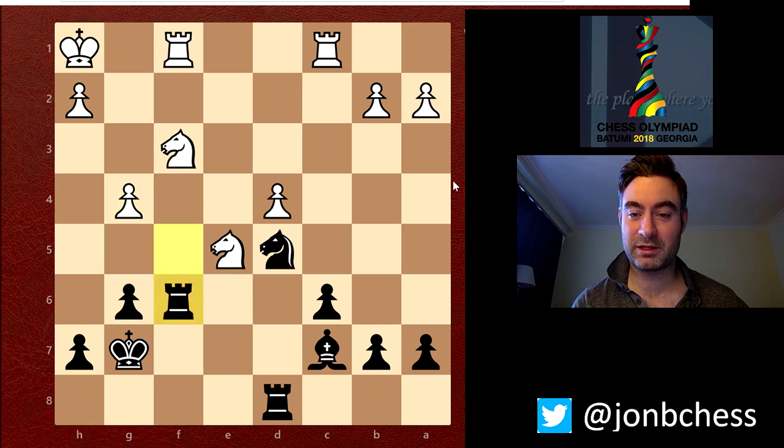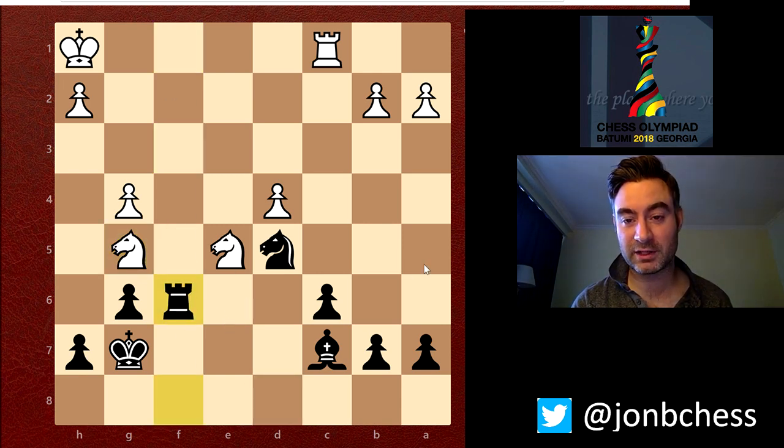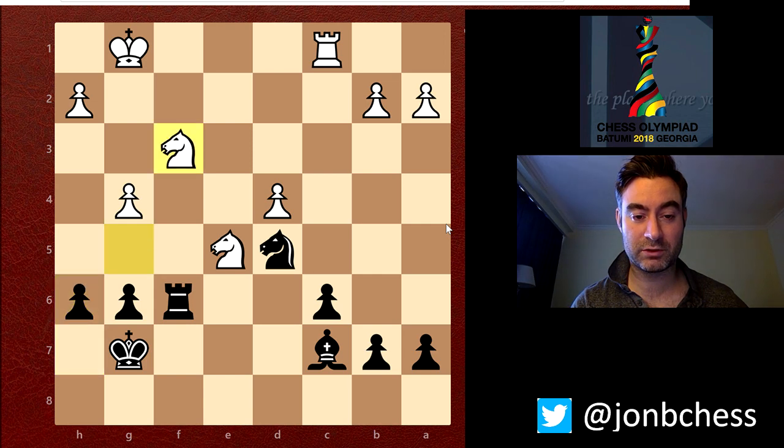So I had to be careful. I played rook f6 to cover this e6 square, and then after knight g5, play rook df8. He swaps rooks, so it's all covered now. I'm very happy. I don't know what he's doing with king g1, and then this is pretty much routine from